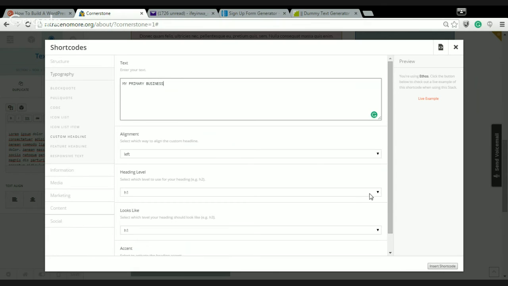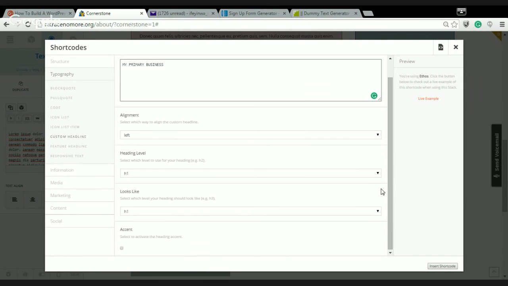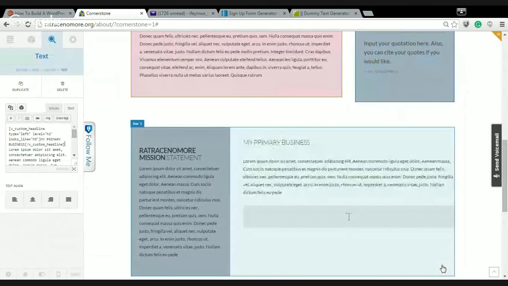So remember, I want it to be a headline 2, but I want it to look like a headline 5. And I'll insert the short code. And once I do that,